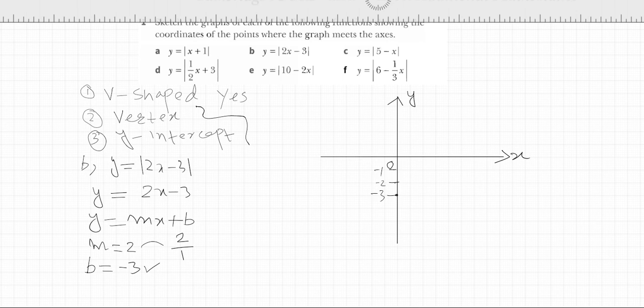So this is our reference point. Rise means go above. So 2 means 1, 2, then 1. So this is the first point. Then make this point a reference point. Again, go 2 squares above, then 1 square on the right hand side. Then make this a reference point, 2 squares above, 1 to the right side.